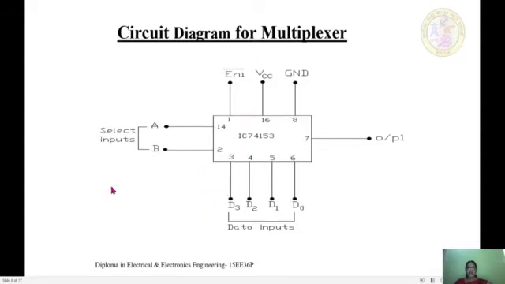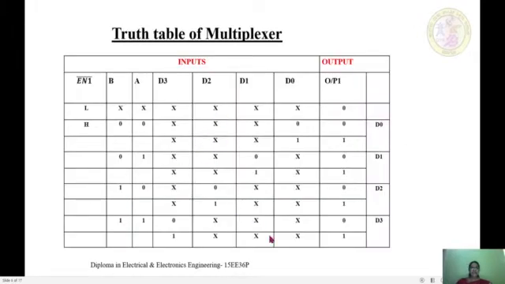So after doing the connections, the truth table of the multiplexer will be verified. So this is the truth table of the multiplexer, wherein we have the inputs and the output. The enable is going to activate the action of the multiplexer when it is held low. Even when the enable pin is held high, and the address lines can be any of these 4 combinations, the output will be equal to 0, because the input will not be selected when the enable pin is high.